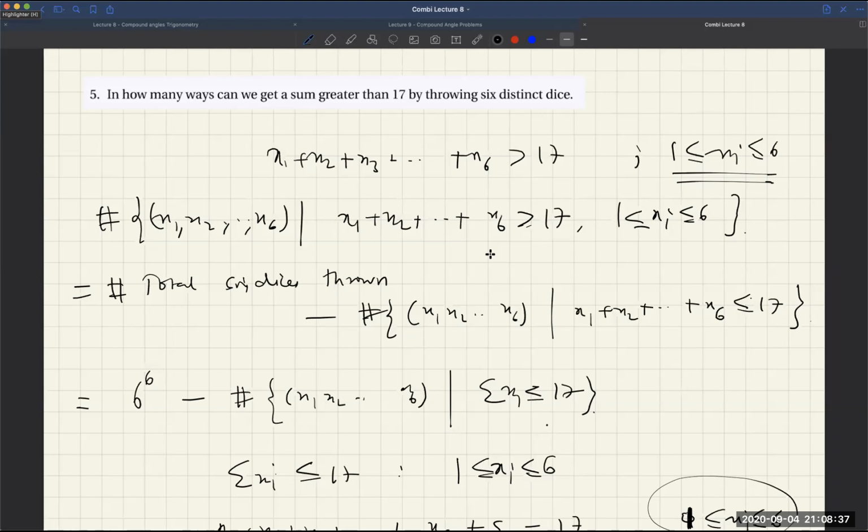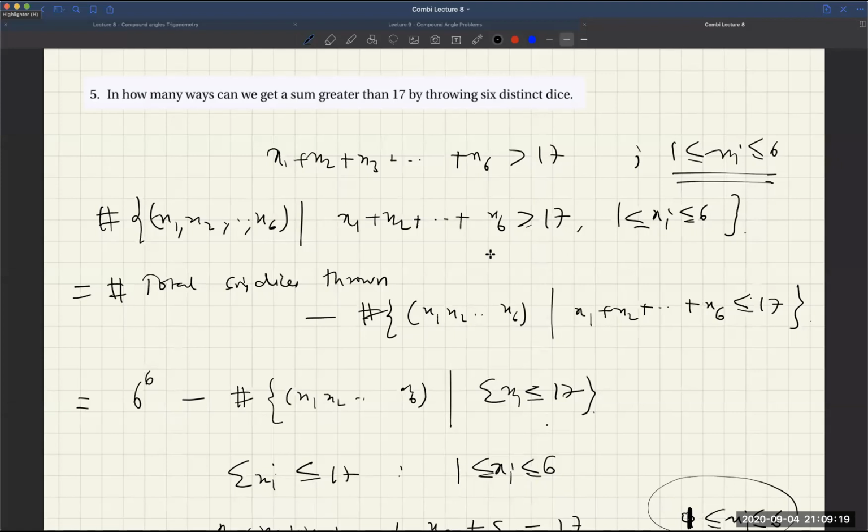No, but one is possible, no? X1 can be 1 and rest all can become 1, 1, 1, and then the last one can become 13, whatever is required. Okay, sir. You're solving for 17, no? Yes, sir. Yeah, that's fine. So then you counted. So then I again wrote that y1 plus y2 plus y3 plus y4 plus y5 plus y6 will be less than or equal to 0. You are solving the less than case first, the complementary case.